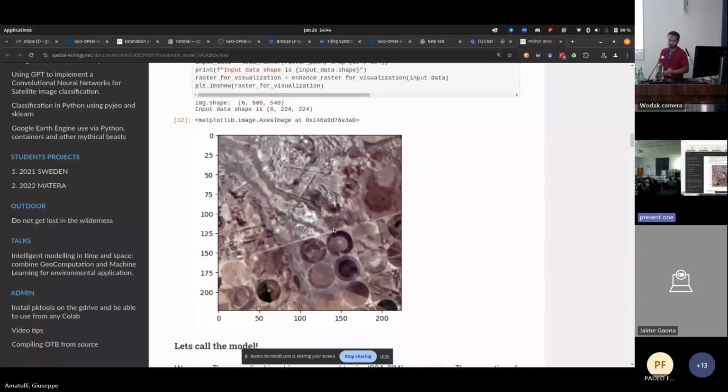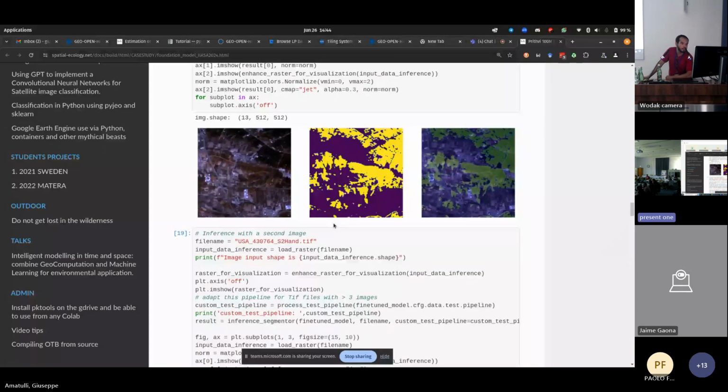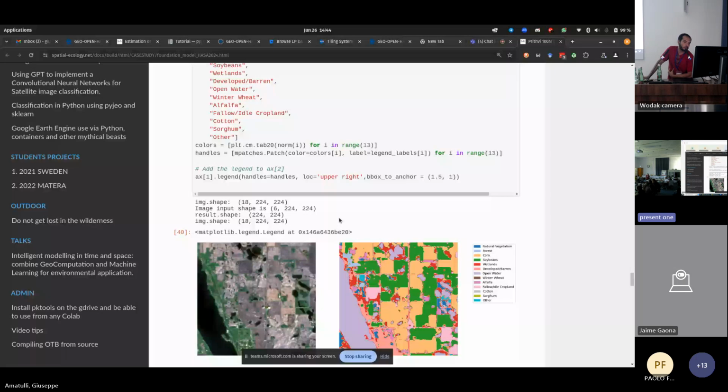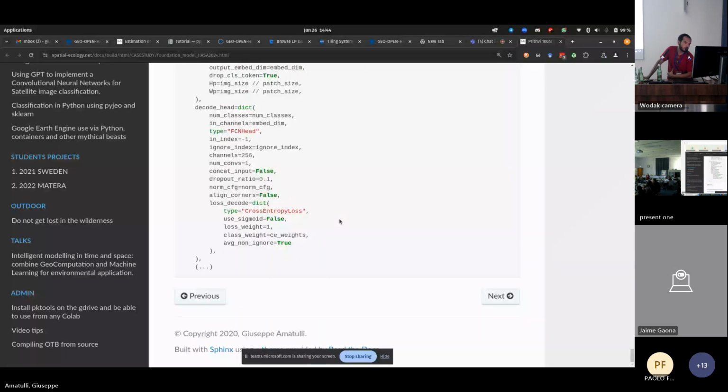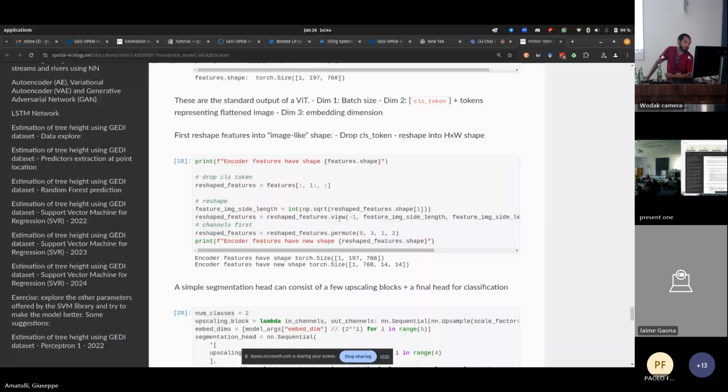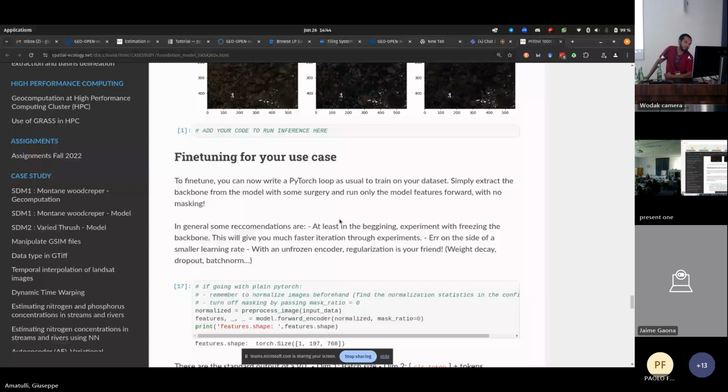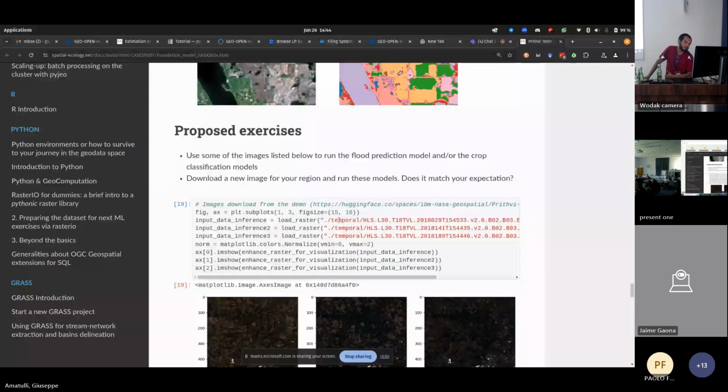Great, yeah. So if you scroll to the lower part, you're going to see proposed exercise. Oh, I think it's higher. Higher. Just do Ctrl F proposed exercise. Yeah, right there. Yeah. So what I want you to do